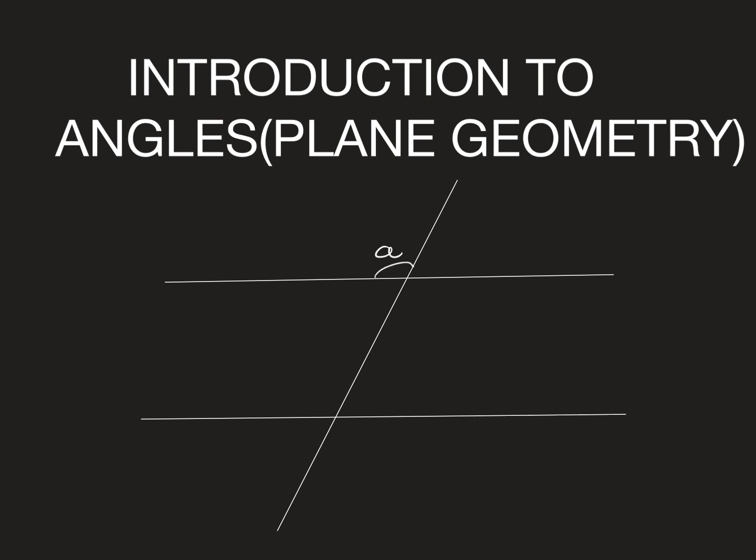This is angle A, let's call this angle B, let's call this angle C, this angle D, angle E, angle F, angle G, and angle H. We first want to discuss what we call corresponding angles. From this diagram, B and F are corresponding,